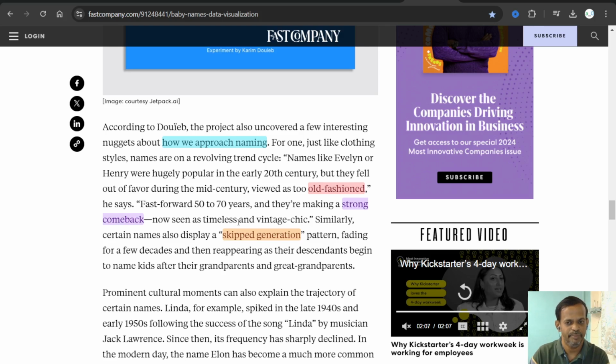So depending on the culture or social behavior during that particular decade or time, the trend for any name can surge or decrease as well.